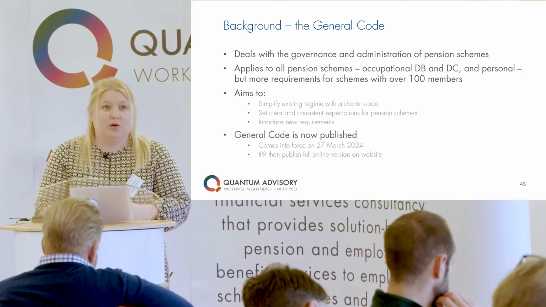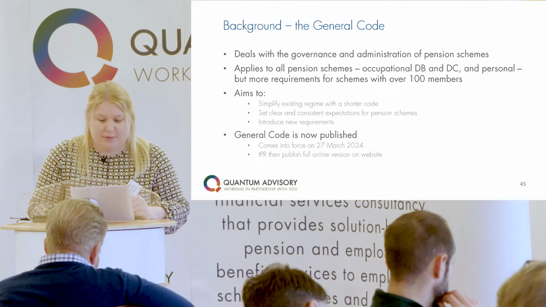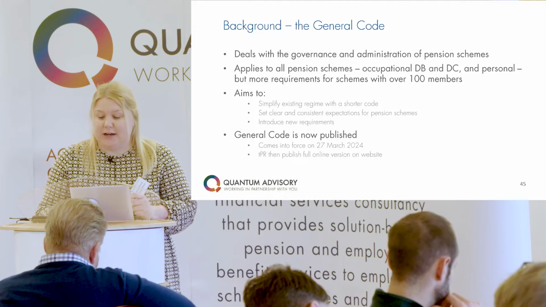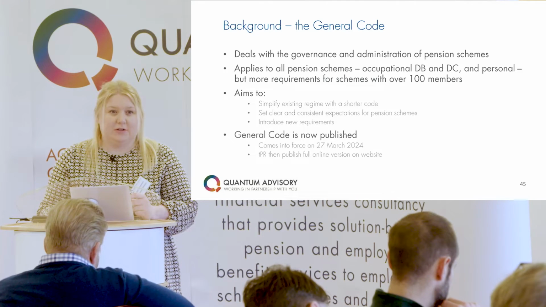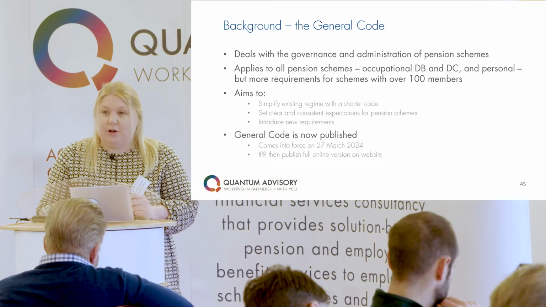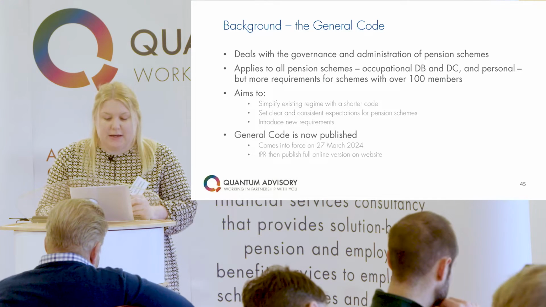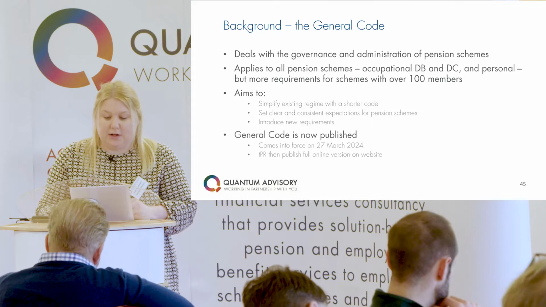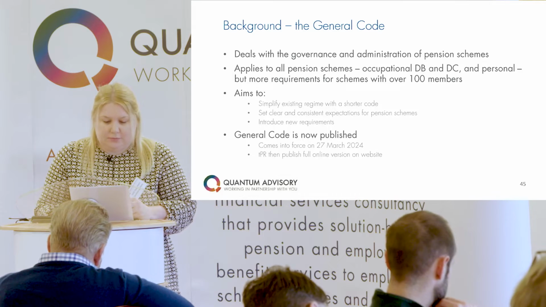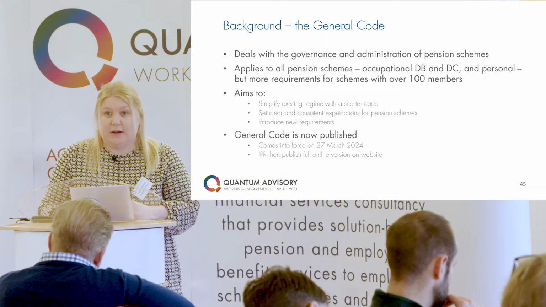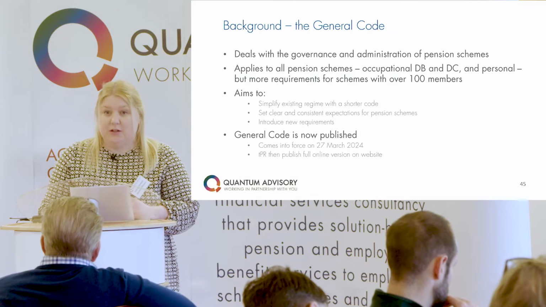The content of the code is largely the same, though it does remove some duplicate information, with updates to reflect changes to the law and regulatory environment. The code aims to clearly set out the expectations for pension schemes, including some new requirements, which I will cover shortly. Now, the General Code will come into force on the 27th of March 2024, so just under a month away,